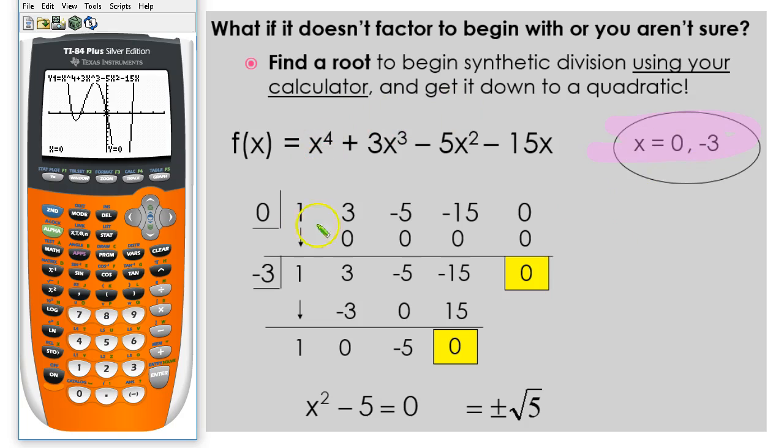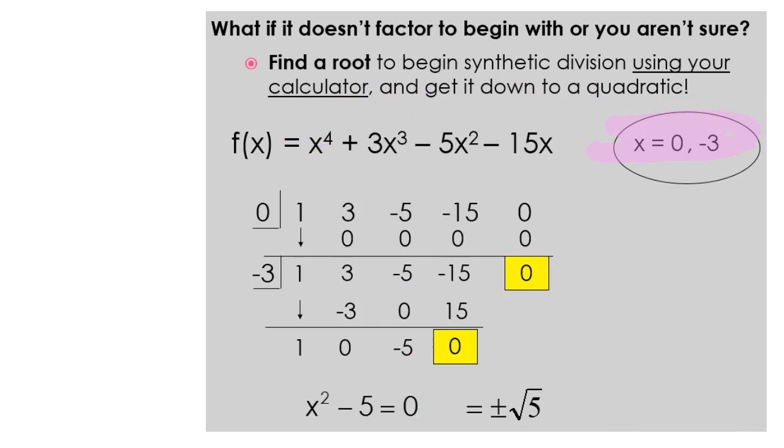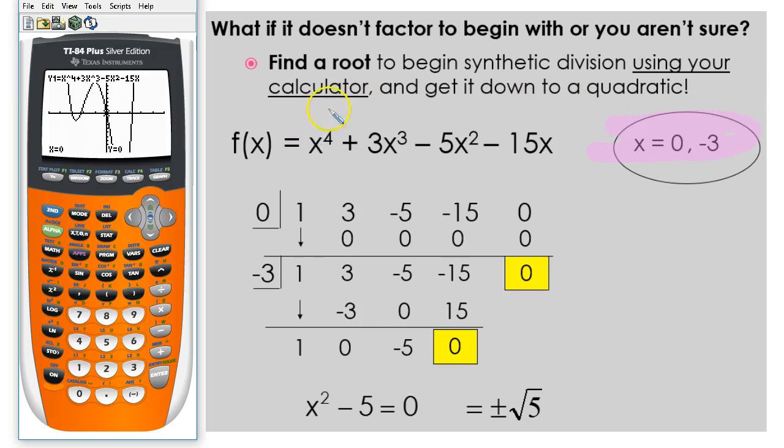Now remember, I'm not going to go through a whole lot of the steps with synthetic division. You should be getting pretty good at it by now. But I do want to remind you to do your countdown. 4, 3, 2, 1. We're missing the constant term, which is why there is a 0 at the end here. You must have all of the parts, all of the terms from the largest exponent down to the constant represented